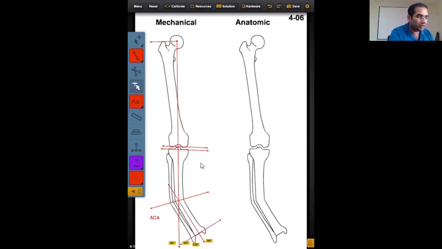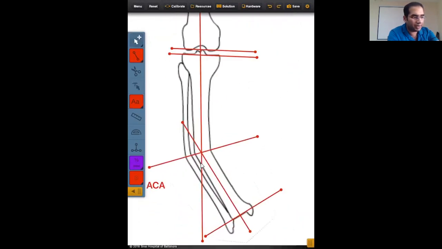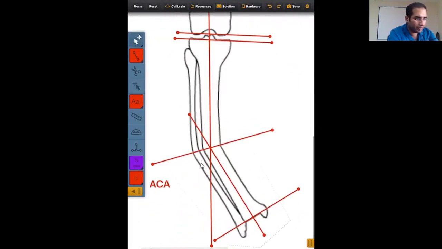You need to measure, look, now let me zoom it up. It is a bit conceptual. You need to pay full attention. When you are doing an osteotomy, closing wedge osteotomy, half of the wedge, the hinge would be centered here. Half of the osteotomy wedge would go up and half down.